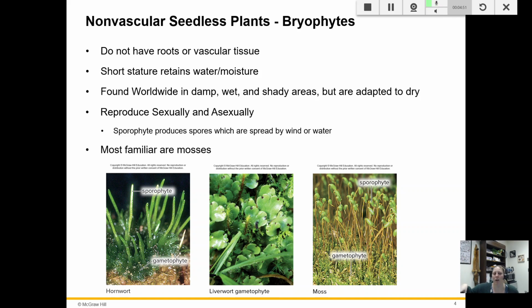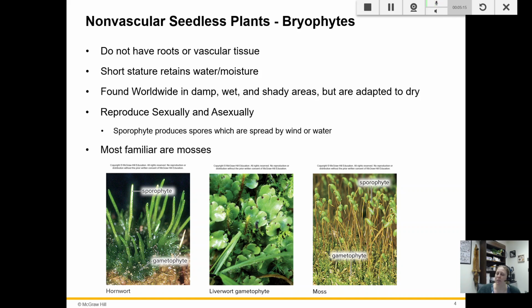There are a couple of areas where water drains, and it is just the greenest, brightest moss always in those areas. That is where I would go to find it. Moss doesn't get very tall, and in being short, it allows it to retain moisture, which then diffuses in osmosis directly across the tissues. They don't have vascular tissue to move that water around. It just moves across the tissues.